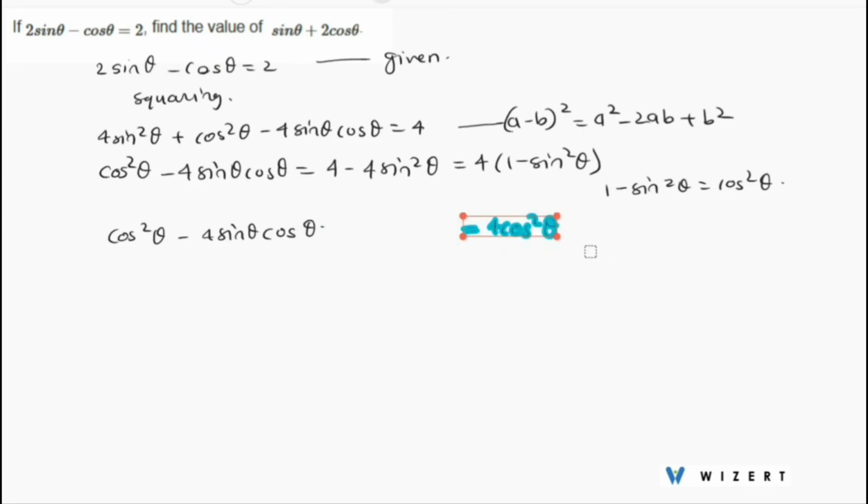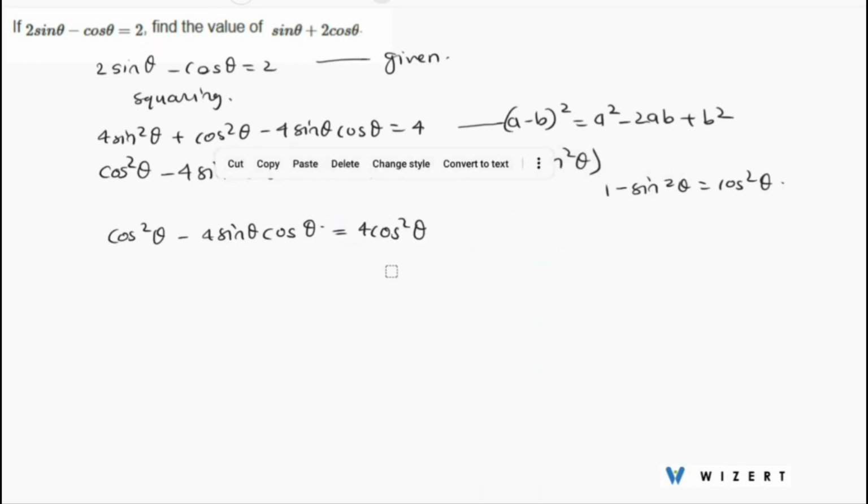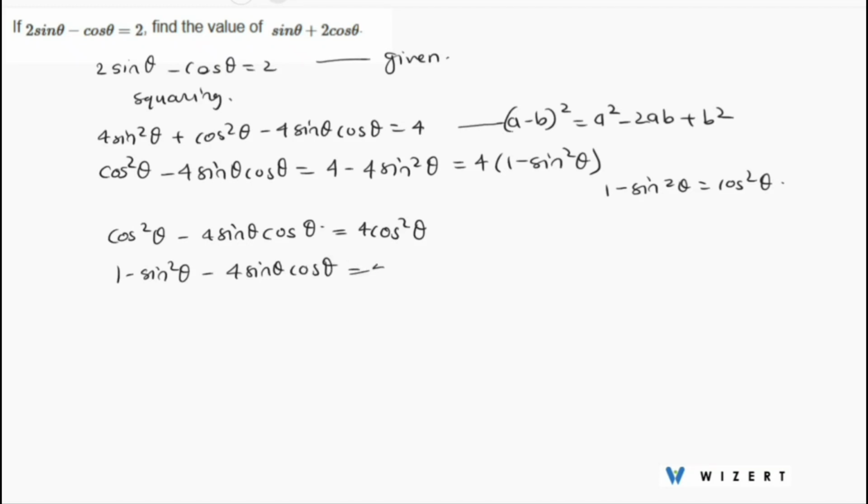This we've obtained. Now with this, let's replace cos square theta by 1 minus sine square theta. 1 minus sine square theta minus 4 sine theta cos theta equals 4 cos square theta. So let's take these two terms over to this side. So they will add. We have 1 equals sine square theta plus 4 sine theta cos theta plus 4